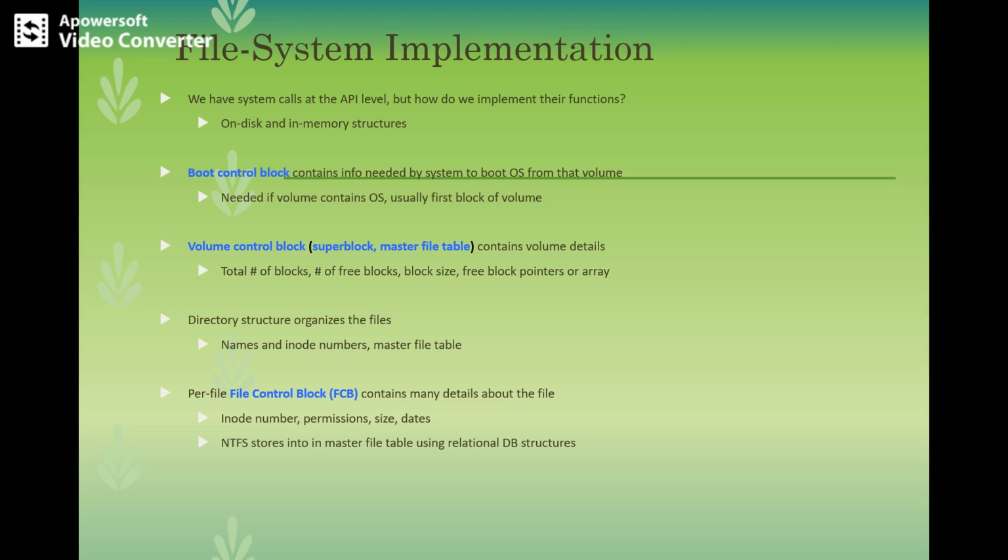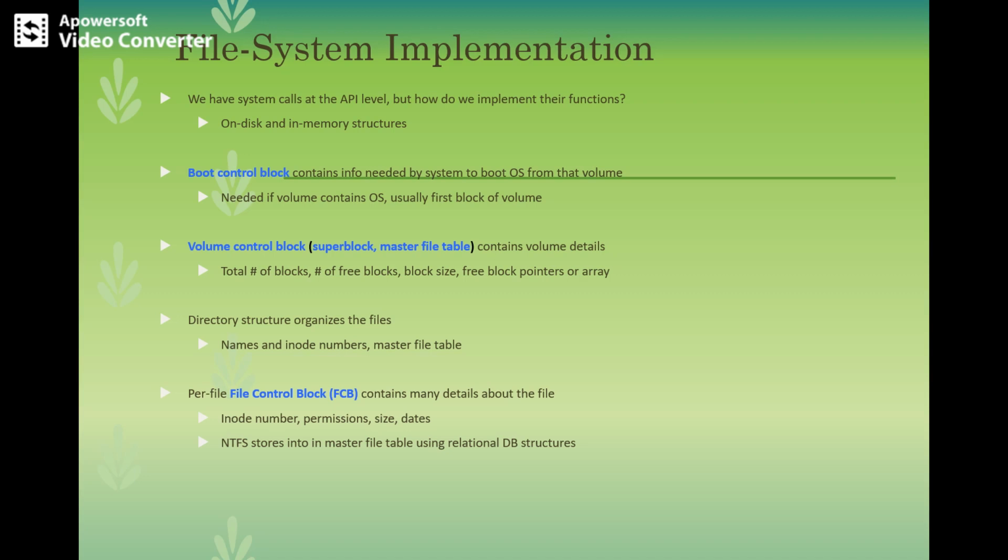So in UFS, this is the boot block. In NTFS, it is a partition boot block. We call this differently depending upon the system. So in UFS it will be called a boot block, and in NTFS it will be called a partition boot sector. So what is this partition boot sector? It contains partition details like the number of blocks in the partition, the size of the blocks, the free block count and free block pointers, and the free FCB count and the FCB pointers.